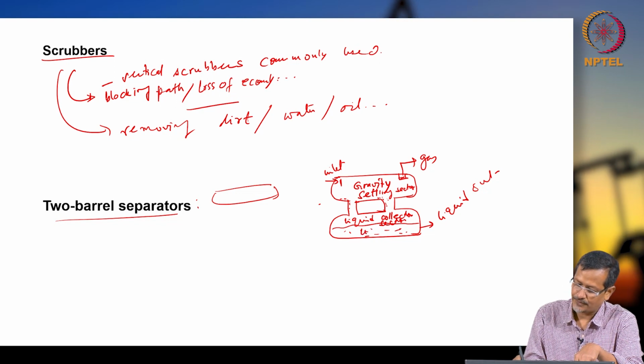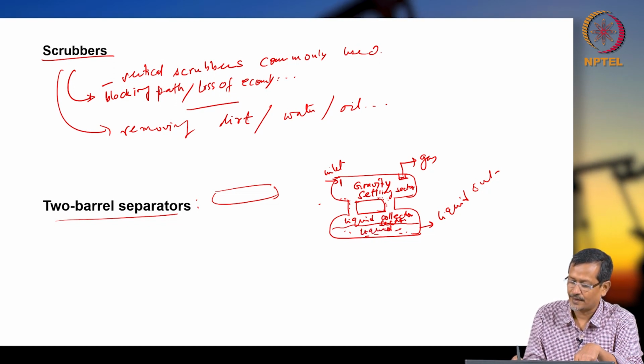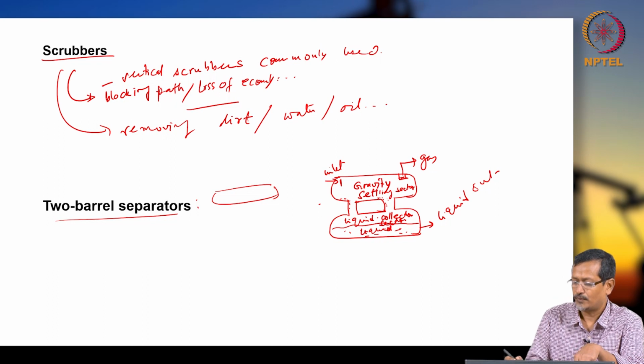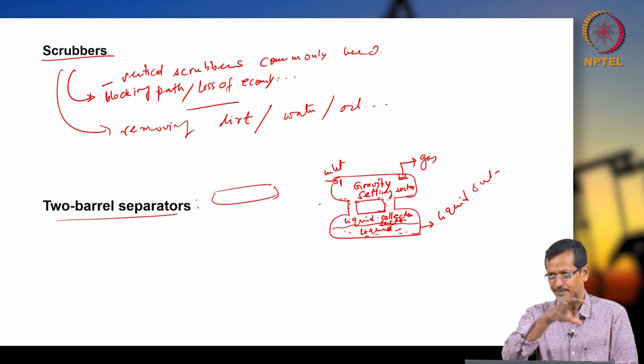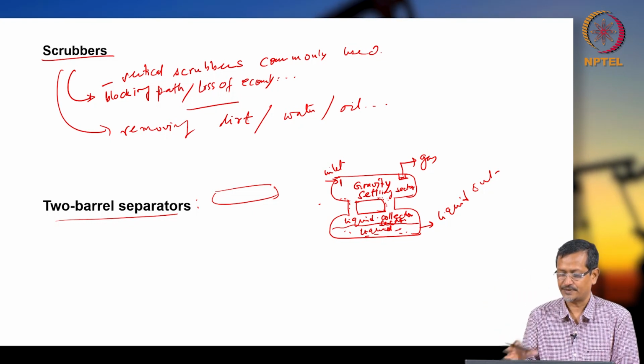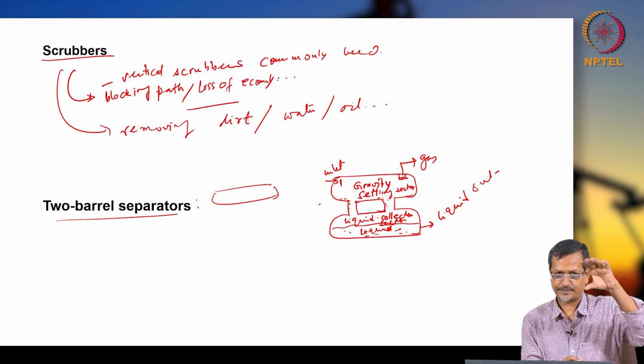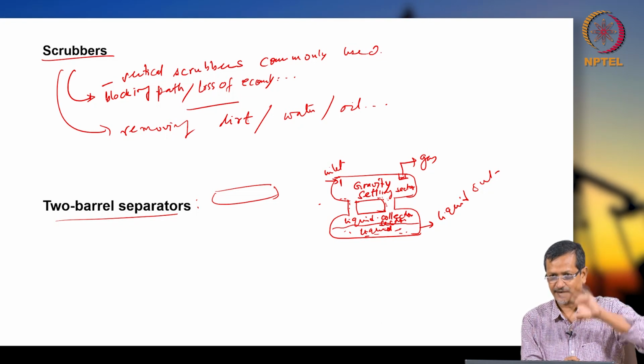Okay, this is liquid, maybe a water and oil mixture. And why are you using this two-barrel system instead of a single barrel? If you are using a single barrel, you are putting the barrels separately, and you need more space. But if you are using two barrels, then one barrel is the gravity separating section, where you get gas and liquid, and